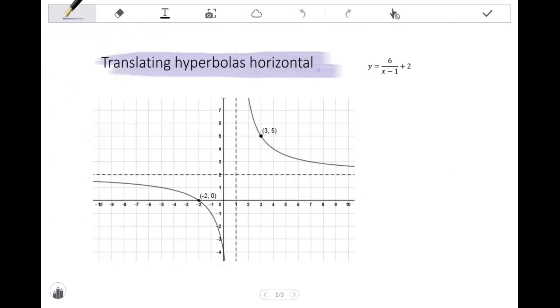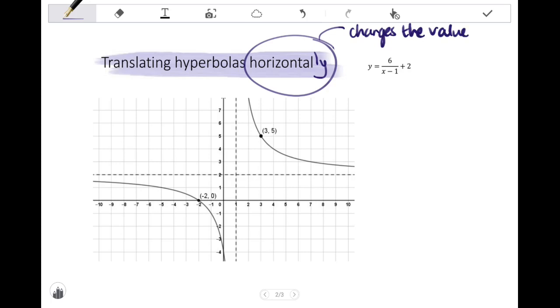Let's look at translating hyperbolas horizontally. When I shift horizontally, it affects the value of p. Looking at a specific example, we have the same graph, y equals 6 over x minus 1 plus 2. If I wanted to shift this graph 2 units left,